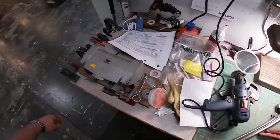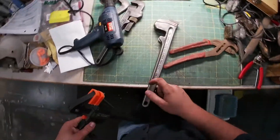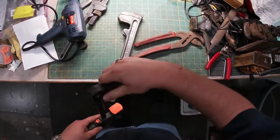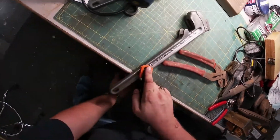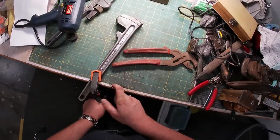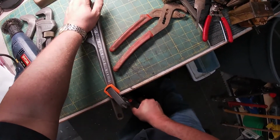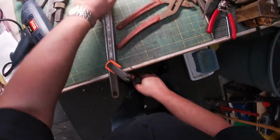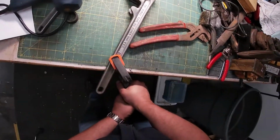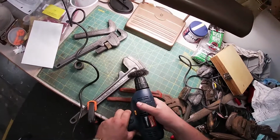This is really causing a problem. So what I'm going to do, I'm going to take one of these clamps I have handy and just clamp this down, so I don't have to worry about it shooting out. You can use both hands if need be. Probably not the best clamp to use for this operation, but